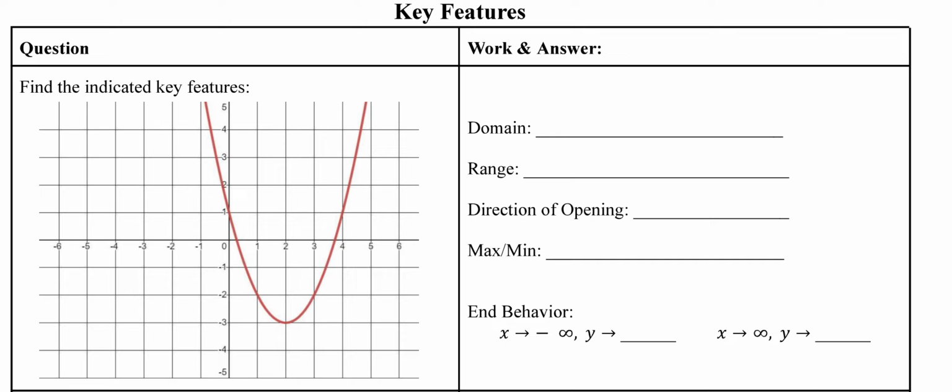This is a video on the key features of graphs generally, and we're asked to find out what are the domain, the range, the direction of opening, maximum, minimum, and behavior for this particular graph. And so the domain